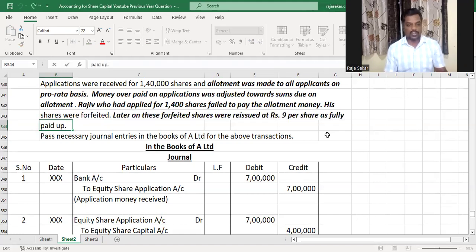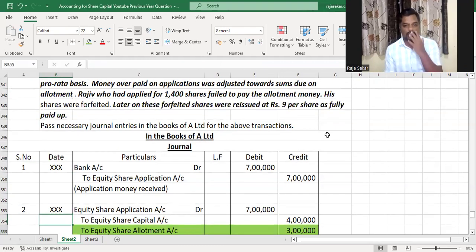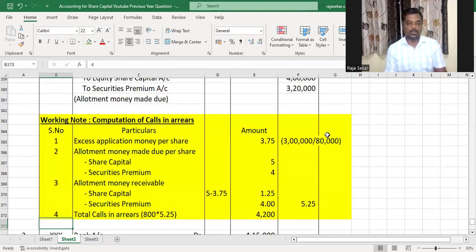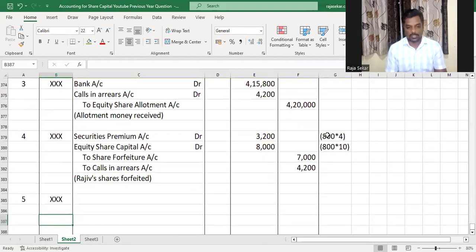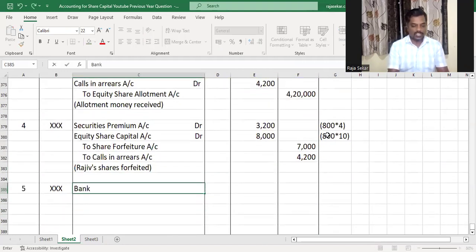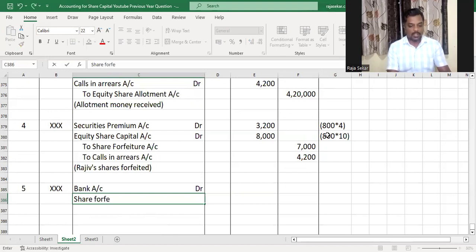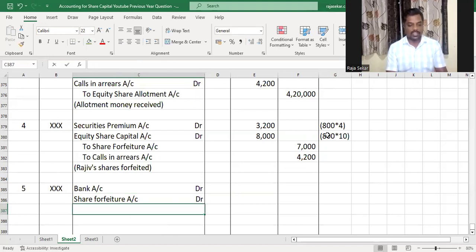Only when there is partial reissue, you've got to do a working note for computing the profit on reissue. When all the shares are reissued, you don't even have to do any working note to compute the profit on reissue that has to be transferred to capital reserve. Anyway, first just journalize the reissue of shares. The 10 rupee shares have been reissued for 9 as fully paid up, which means what? We have given a discount of rupees 1. Understood or not, my dear children? So 10 rupee shares, we have taken 9 and we have agreed that it is fully paid up, which means we are giving a discount.